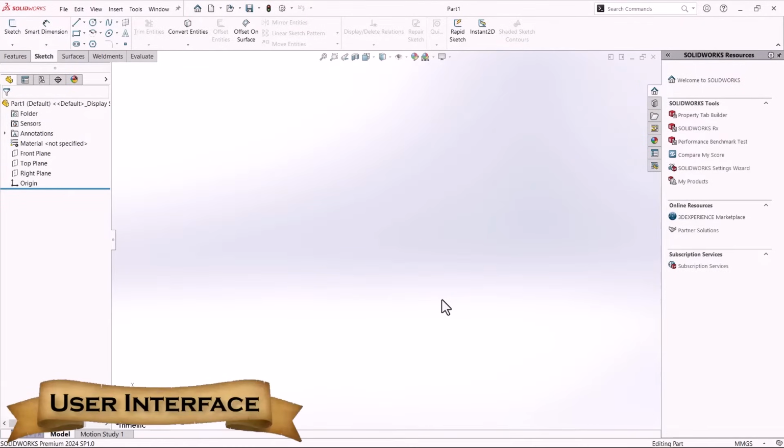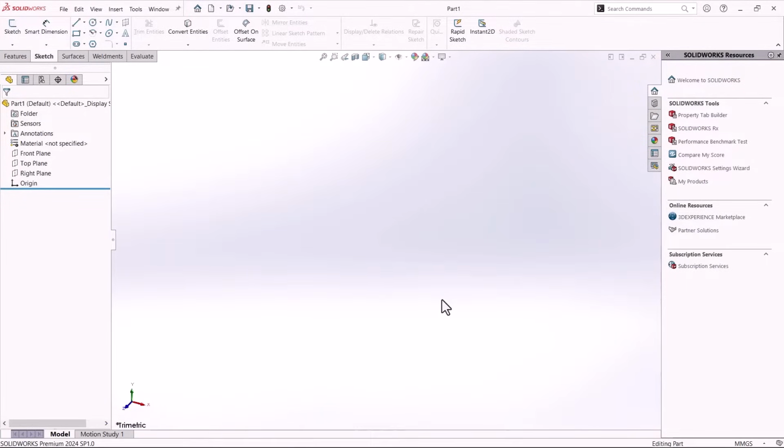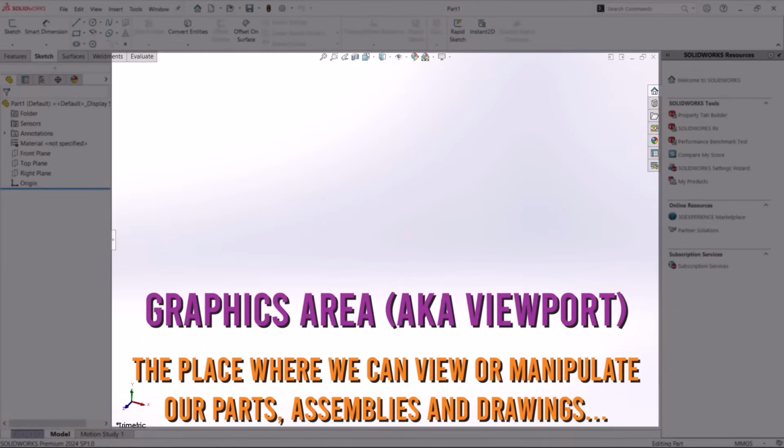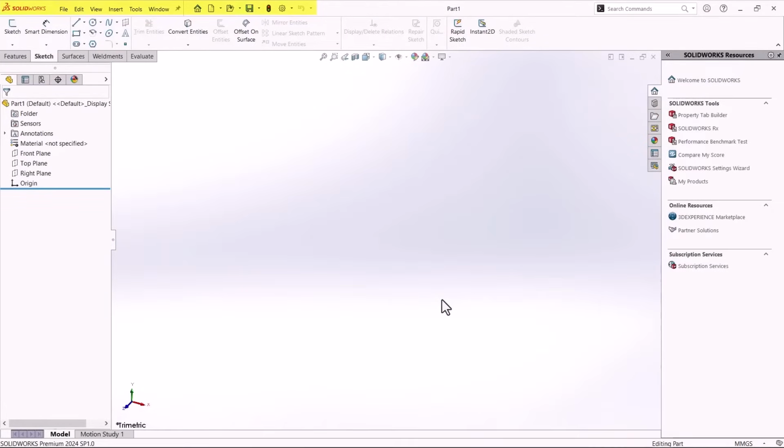When you click on the Part Document button, a new window appears representing a virtual space where a model will be created. This area is called the Viewport or Graphics area. You notice that your user interface becomes populated with numerous icons and commands, many of which you may not yet understand. For now, I recommend avoiding unnecessary tools that you are not familiar with and focusing only on the commands that I'll demonstrate.